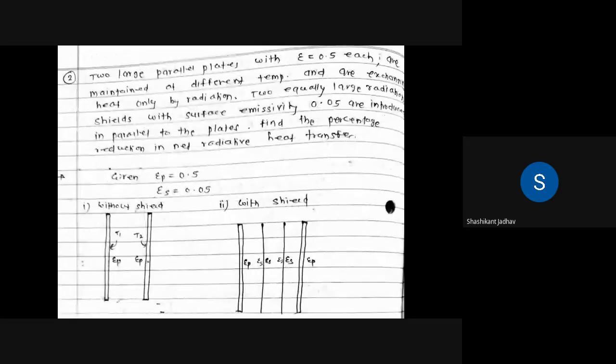Okay, so all of you understood the way we have to use the formulas. If there are different emissivities for the radiation shield, at that time we have to use the different formula. If the radiation shield having same emissivity is there, then we have to use this formula. Okay, if there are two radiation shields, then we have to use a different formula. So that type of problem we have to see in the next problem. Okay, so write down next slide, sir. Okay, so write down second problem.